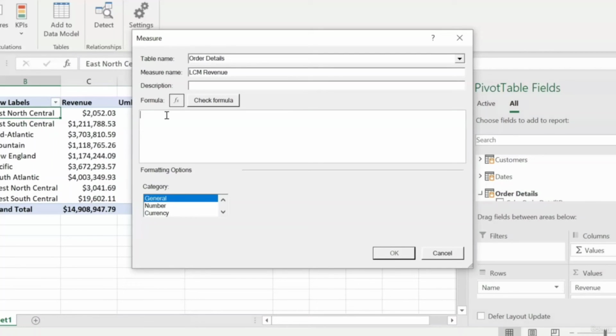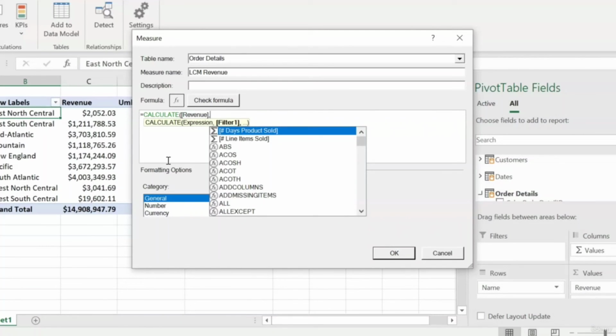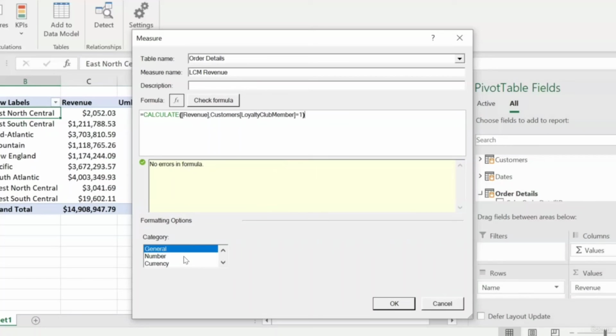And then for our formula, we'll type calculate. And then just like before, our expression will just be our revenue measure. And then our filter is going to be that the loyalty club member field from our customers table equals 1. And because that 1 is a number and not a string, we don't have to put quotes around it like we did in the last example. So now I'll close that parenthesis, hit check formula. And because again, this measure is just returning a filtered version of our revenue measure, we'll format as currency and